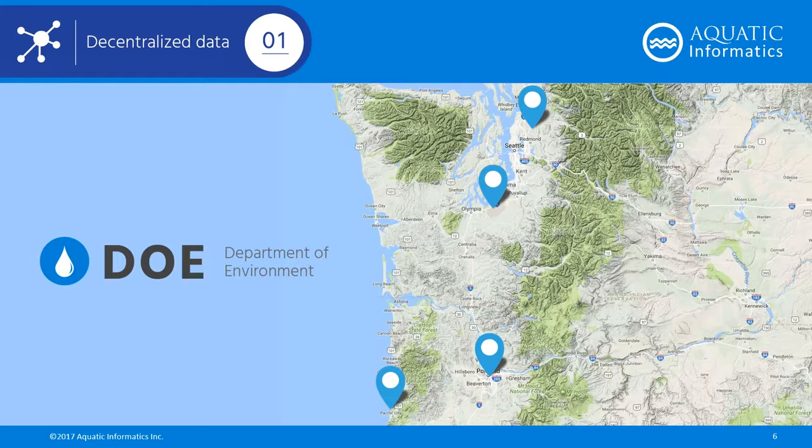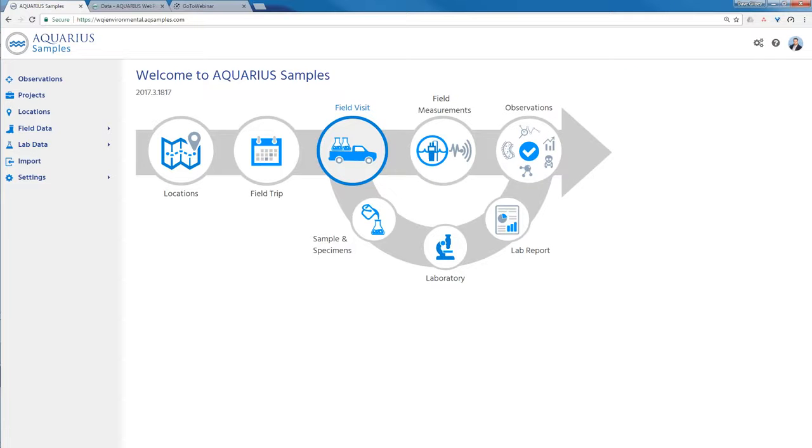But before we get started, I do want to introduce the audience to AQUARIUS samples at a very high level. This is AQUARIUS samples, and it's a web-based platform. And what we're going to show you today is some information related to field trips and field visits, how that data that you're collecting on the different sites can be logged into a sample and a specimen bottle, how all those field measurements you're taking can be spun up into one area, how all the lab reports from those samples and specimens and those taxonomic measurements can be brought back into what we call the observation. We'll spend quite a bit of time going through each one of these, but before we do, I do want to introduce our